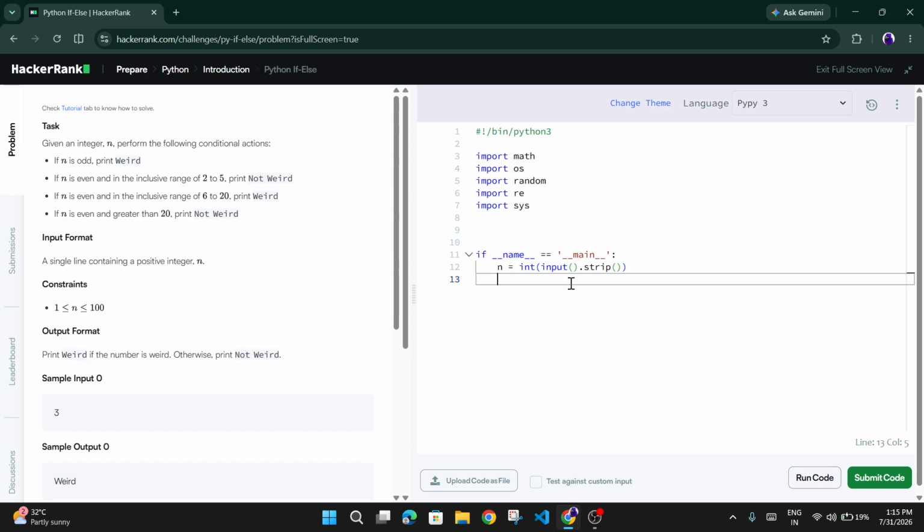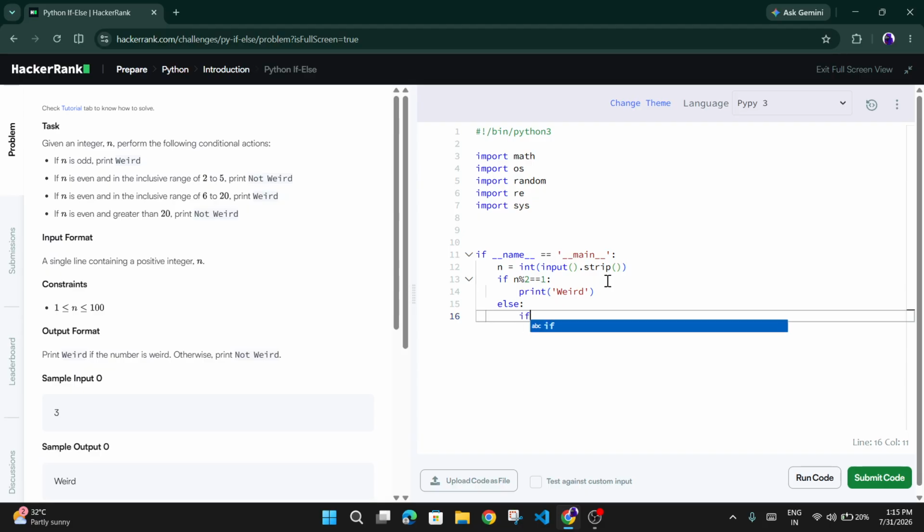So tab, strip is default. n modulus 2 is equal to 1, print weird. Else if n